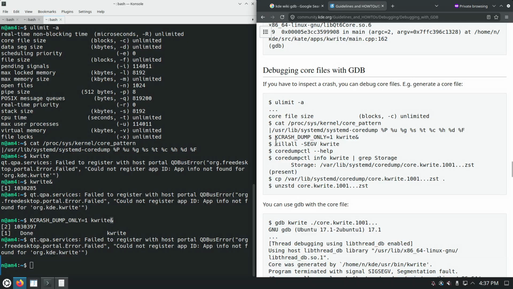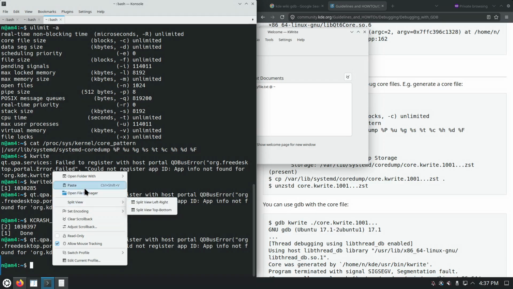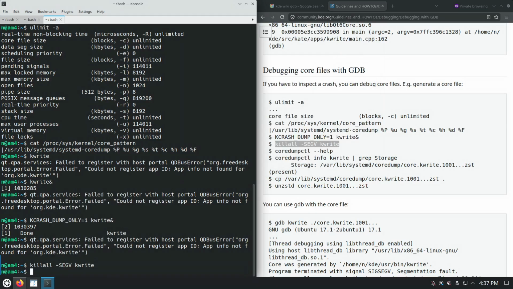We're going to kill the process. Let's see how it dies. So this window should disappear. And it took half a second to disappear. The systemd-coredump subsystem of systemd has this executable named coredumpctl. Let's look at its help